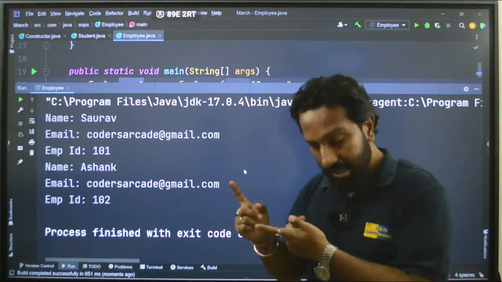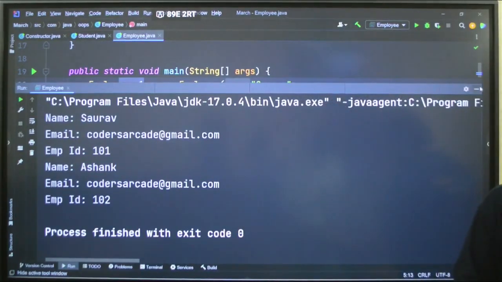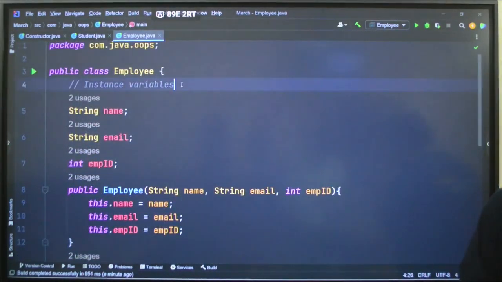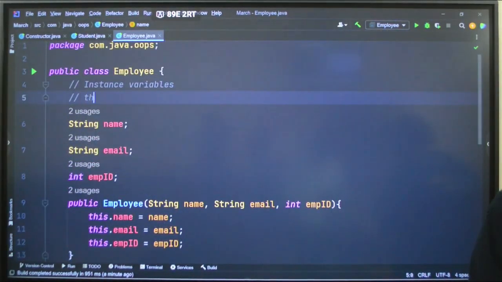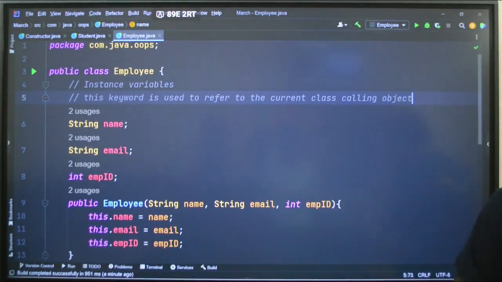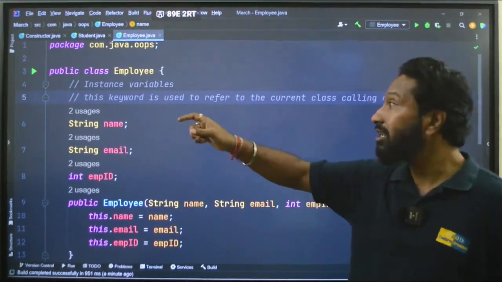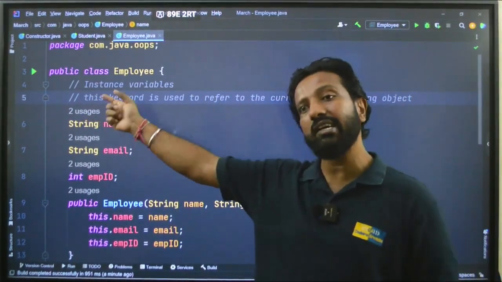Okay? There are two uses of the this keyword. The most important use, I will write it here: this keyword is used to refer to the current class calling object. Whichever object is calling, say E1 is calling, the this will be replaced by E1.